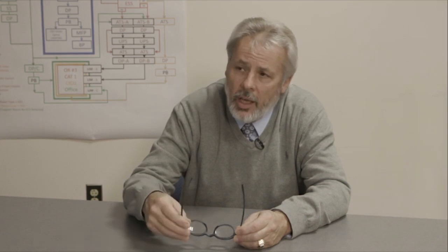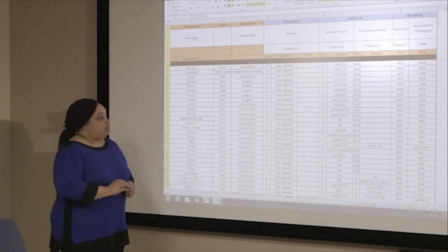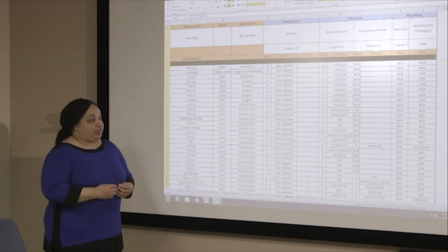Okay, so I get an idea now of how you're doing the process, but as I take a look at this completed sheet, I see that not only are you referencing the chapters, but you're also taking a look at waterborne pathogens, which is a best practice inclusive of all the mechanicals. That's excellent. Yes. So our method of doing this is once we defined the categories, we went back to our